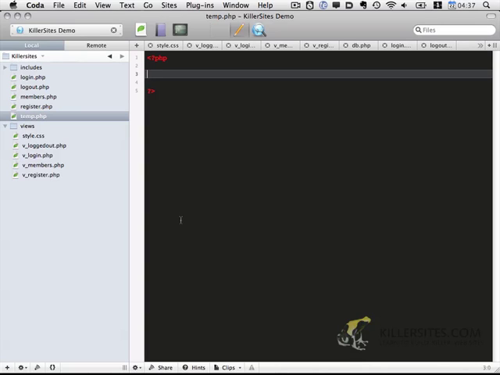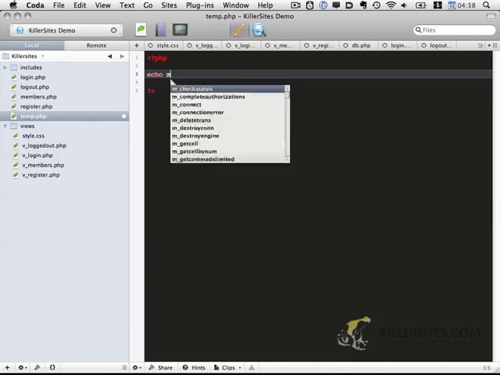What we do need to do first, though, is I want to use a PHP function called md5, which is a way to encrypt strings. So I want to use that to encrypt our password string in our database. So let's start off by doing this. We're going to do echo md5,